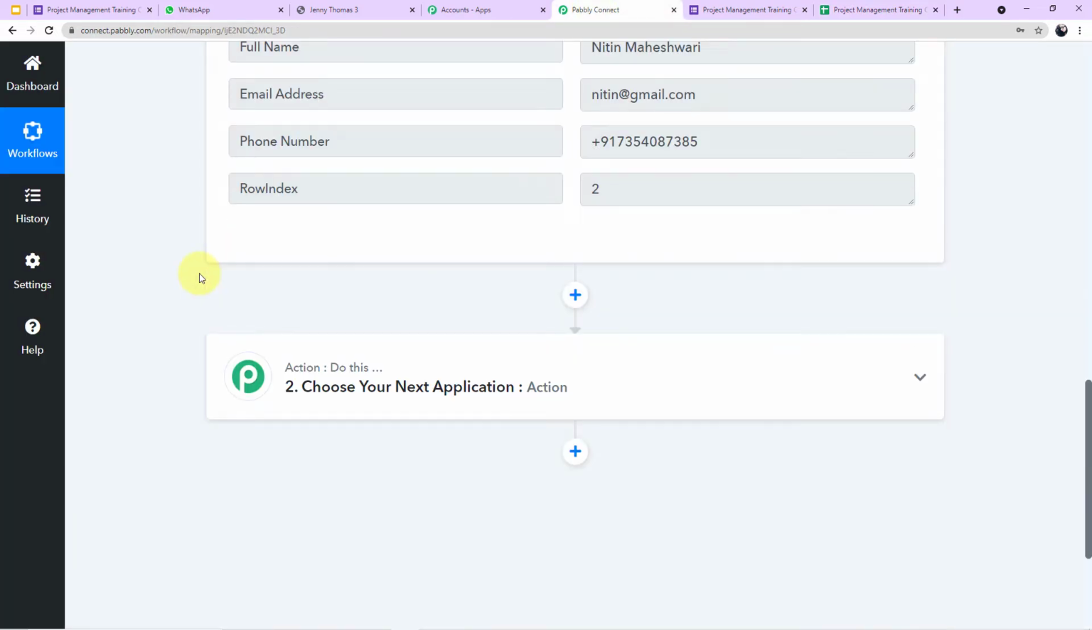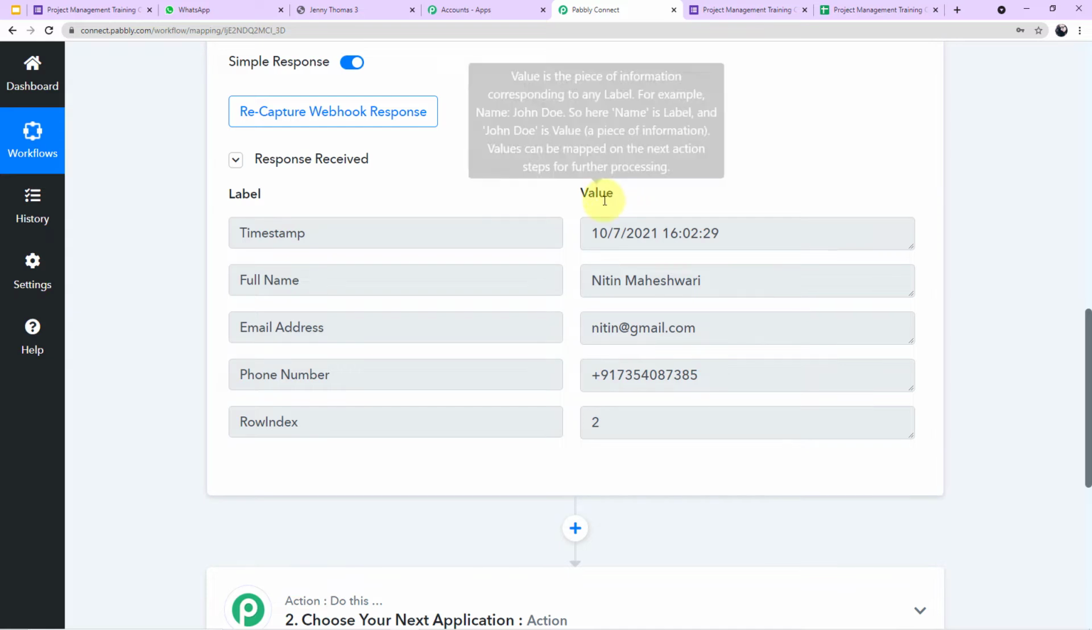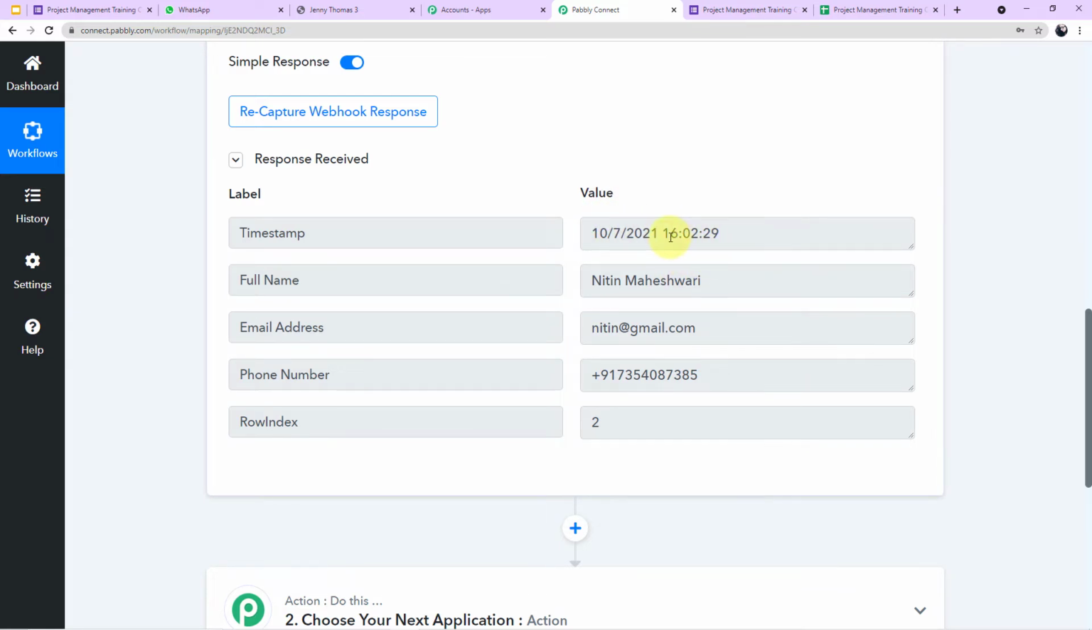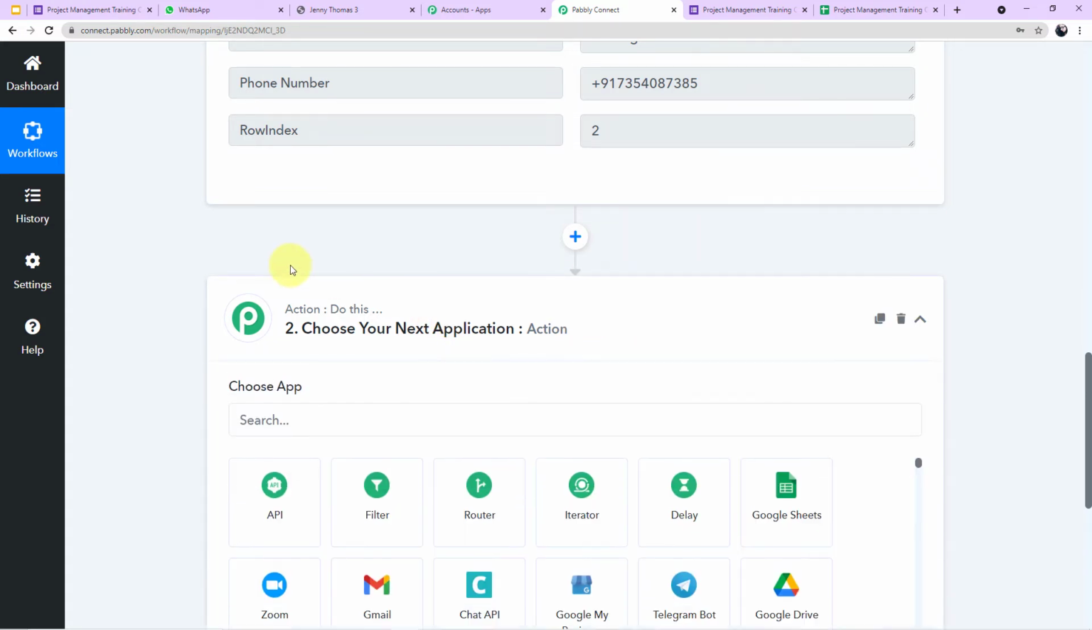Alright. Now you can see in this response that we have received this timestamp field in which we have the date and the time as well. So we want this date to put on the certificate. All right. So whenever the trainee fills the form, we are going to send him the certificate, and on that certificate, to remove this time from this timestamp, I am going to apply another function by Pabbly, which is called datetime formatter. Alright, so to do that, click on this action window,